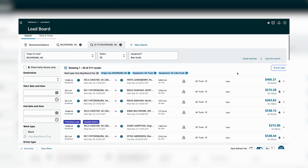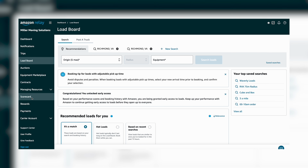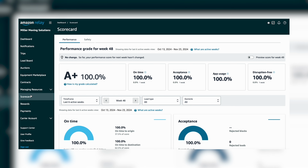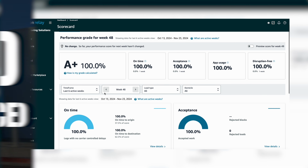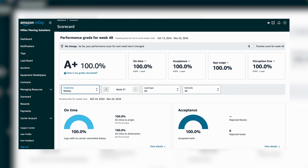So that's the first changes, the two major changes to the actual load board. Now, for the entire website, their whole platform, they've made quite a few more changes. First, let's start with the scorecard, which used to be called performance,